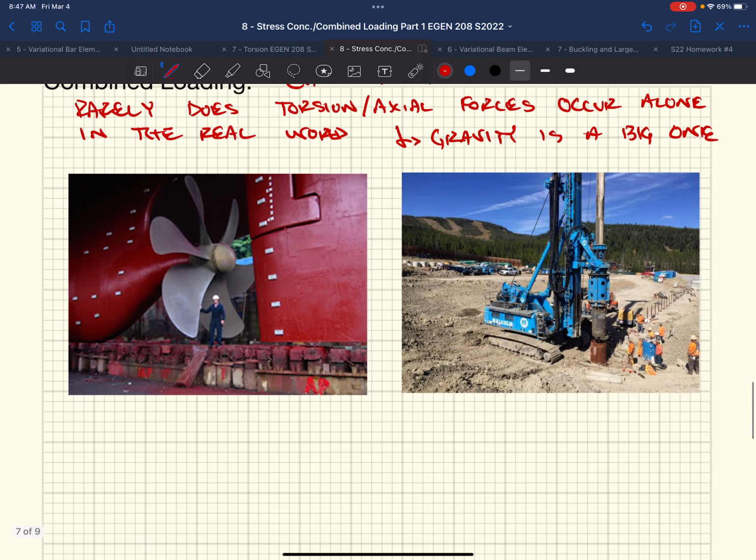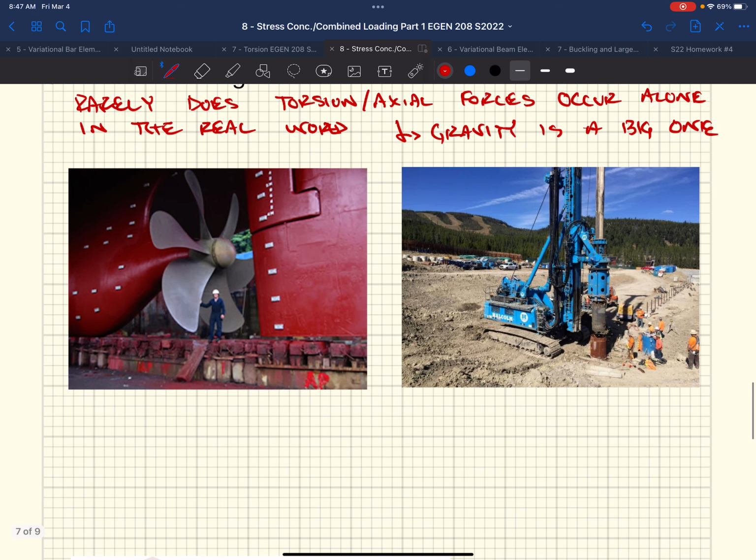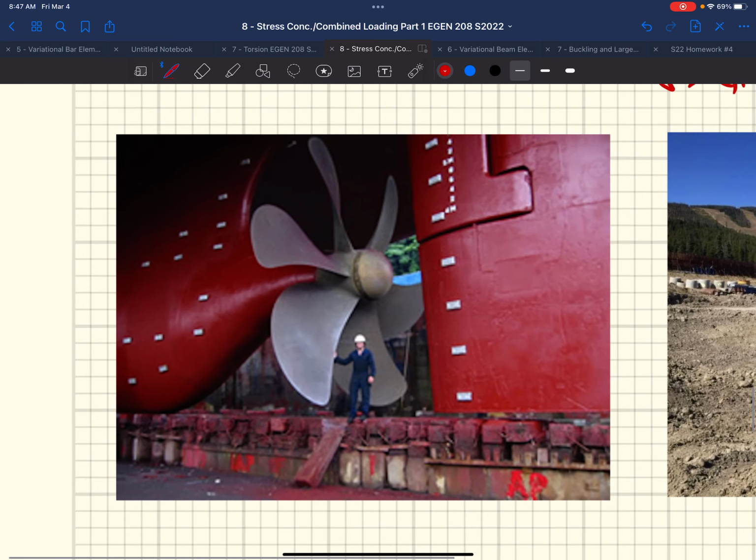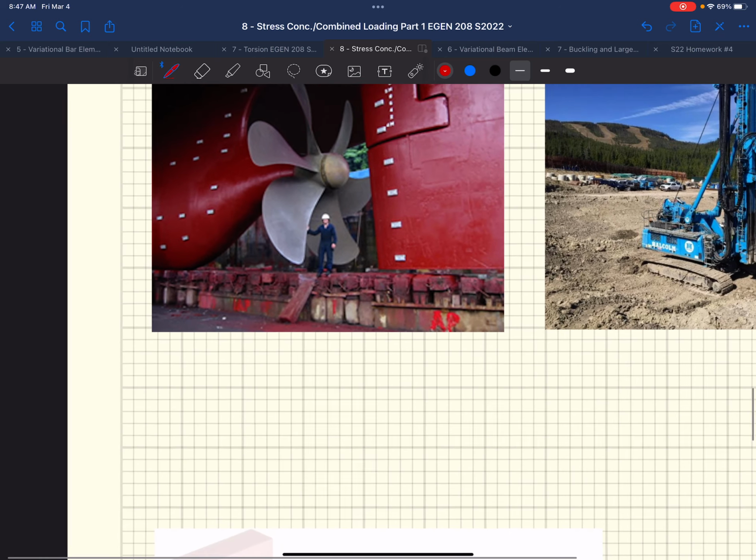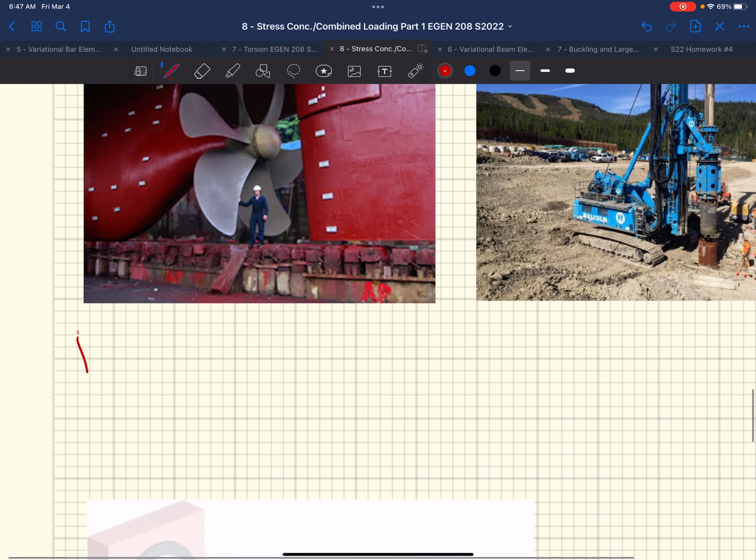We're going to start by looking at axial loads and torsional loads combined. Okay, so for you METs, this is one hell of a propeller. It's on a big cargo ship. If we broke this down into somewhat of a free body diagram, we could say that we've got a motor that drives this propeller. And that prop, if we spin it one direction, if we spin it clockwise in this case where that person is standing,